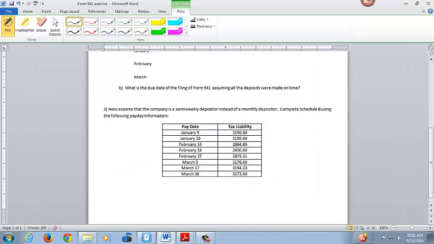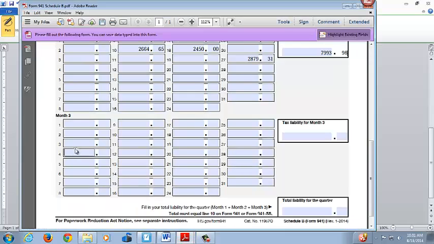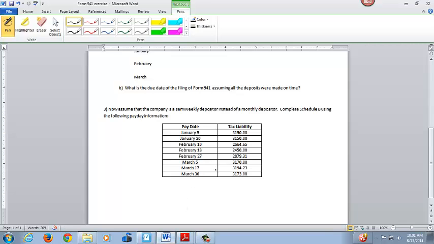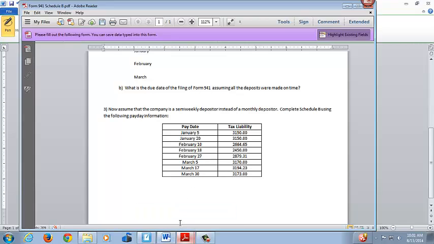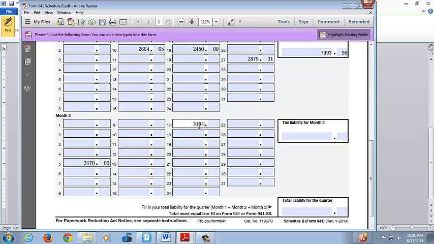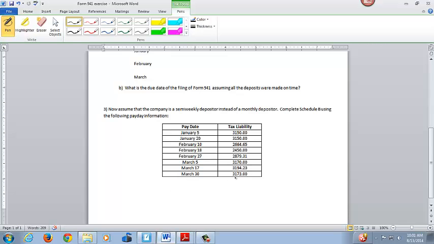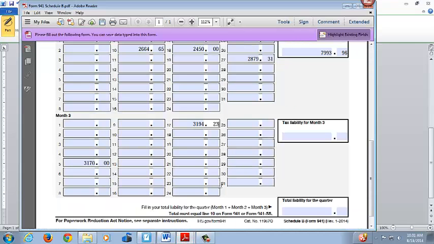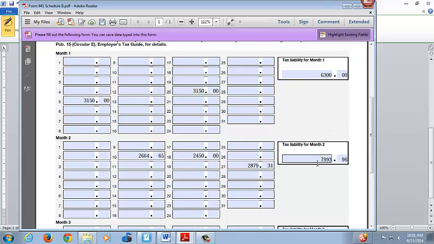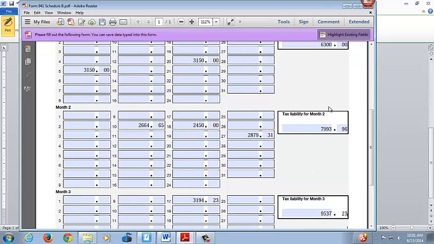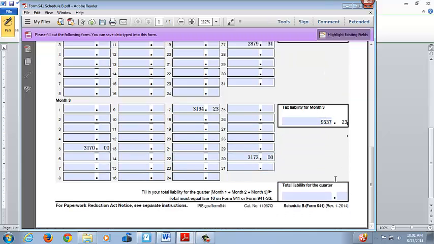We paid on March 5th, and we had tax liability of $31.70. So we'll find March 5th and put in our $31.70. Then we have March 17th, $31.94.23. And the last one, March 30th, we owed $31.73. Then I'm going to add those 3 together for my total tax liability of $9,537.23. Then here you add up your total tax liability for all 3 months: $6,300 plus $7,993.96 plus $9,537.23 gives us a total tax liability for the quarter of